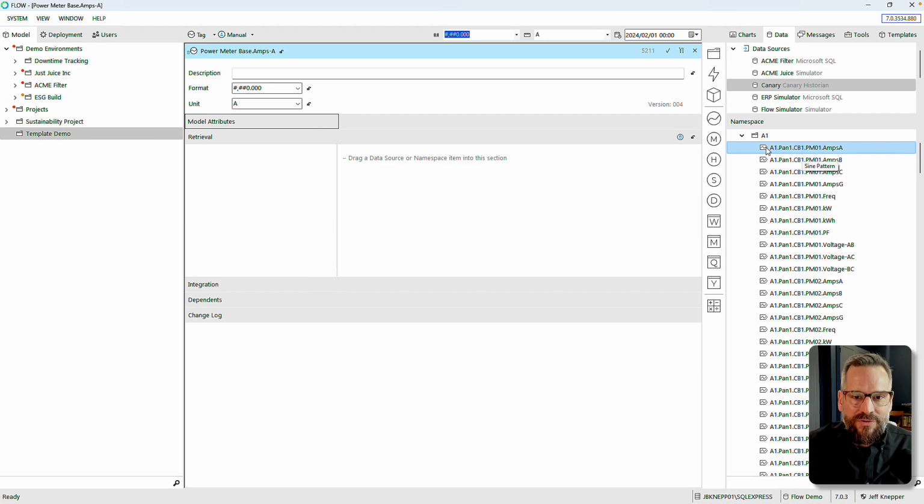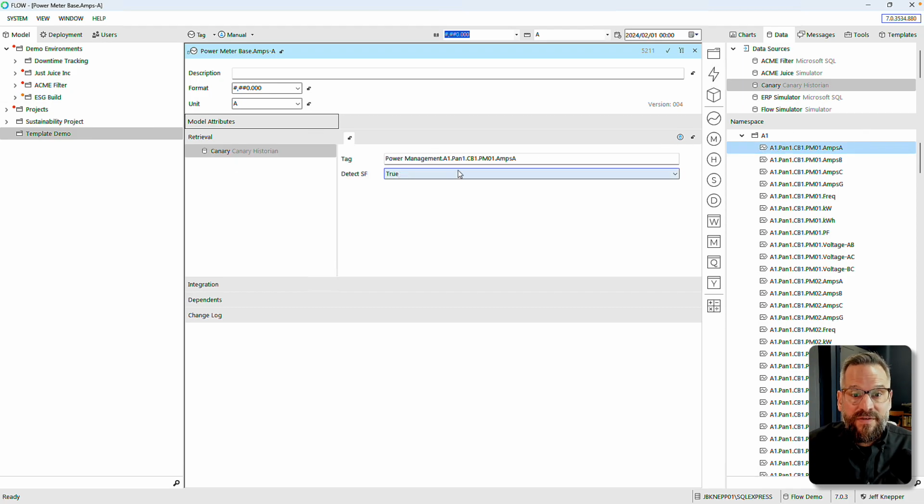So what we're going to do is bring one tag over and see the naming convention, and then figure out how we can replace the unique parts of this name with model attributes. So for the area number, the panel number, the circuit breaker number, and then the power meter number, I'm going to reference